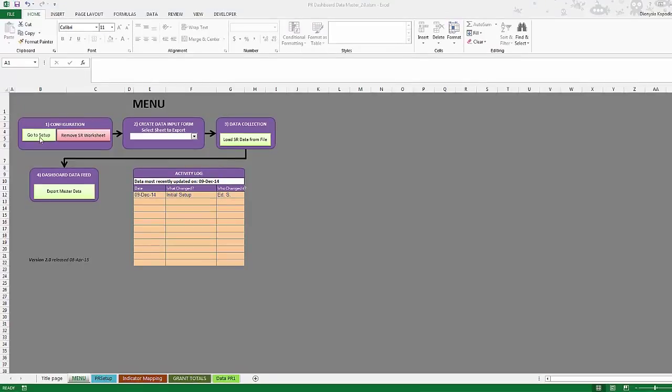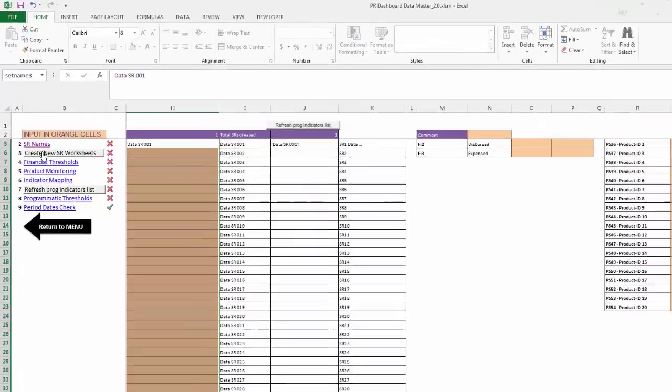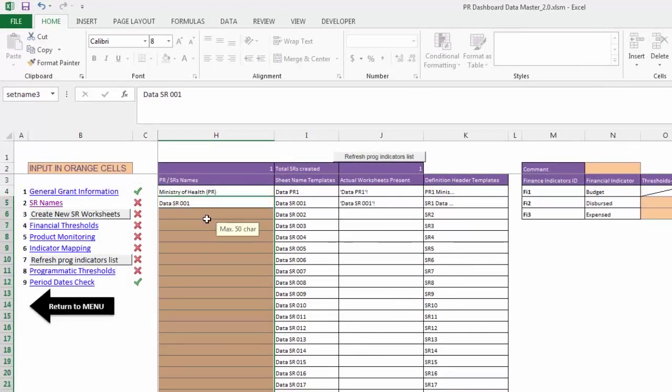Go back to the Go to Setup page and click on SR Names to enter the names of all the SRs involved in the grant. Although this section has several columns, only the orange shaded column should be filled in. On the top of the list, 2 rows appear, one with the PR name and one starting with Data SR001. As these 2 rows should not be modified at any point, you should start entering the names from row SR2,